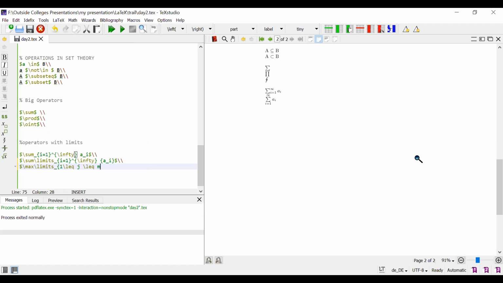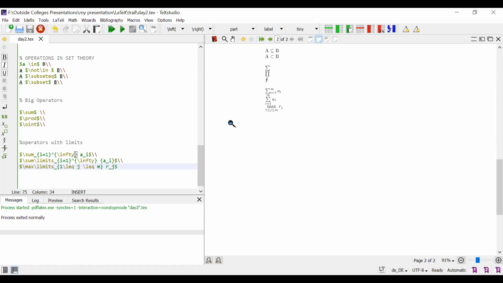My main part is r suffix j. Just let me check the braces here: 1 less than or equal to j less than or equal to m. Okay, good. See this, the maximum of r_j, j lies between 1 to m. Likewise, you can perform your supremum, infimum, and so on.